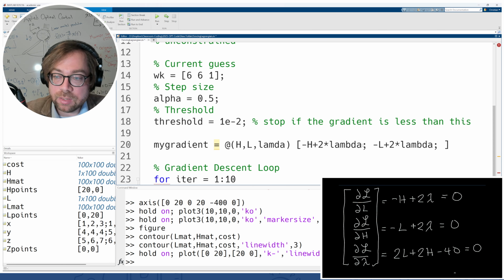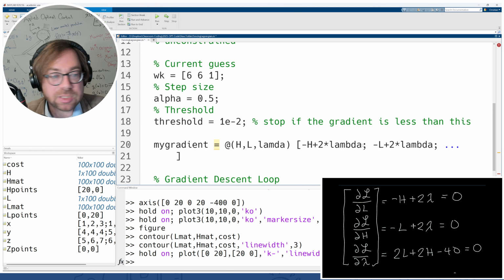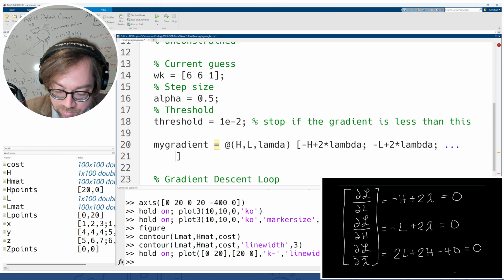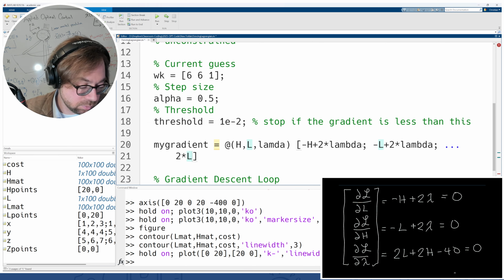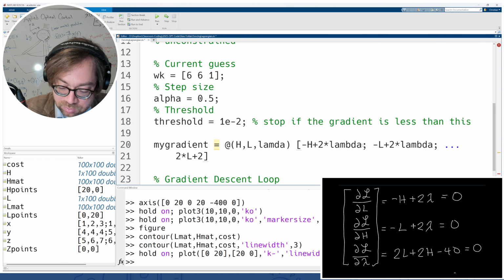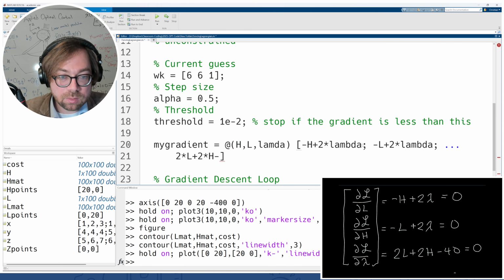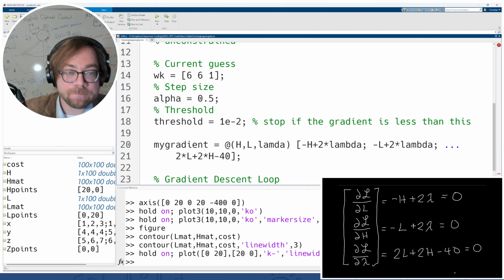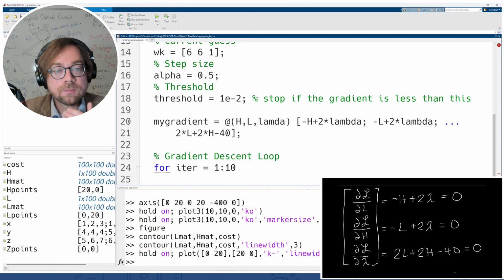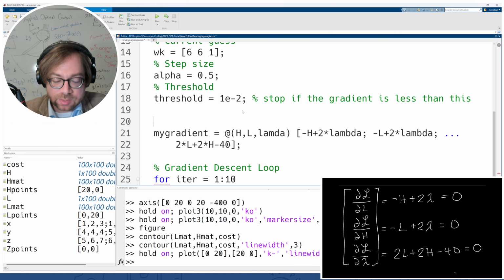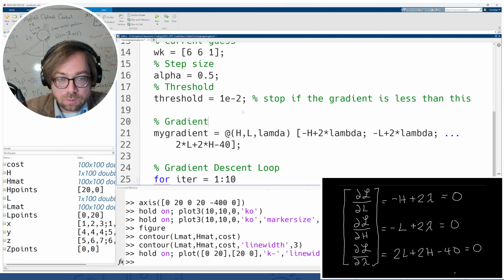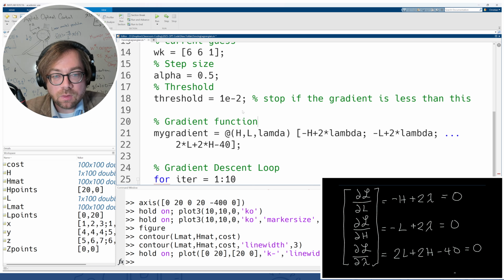And our final one, we'll put on the next line with an ellipsis here, is going to be 2 times L plus 2 times H minus 40. Okay? So that's going to be your gradient. This is your gradient function. And it takes in your current H, your current L, and current lambda, and returns